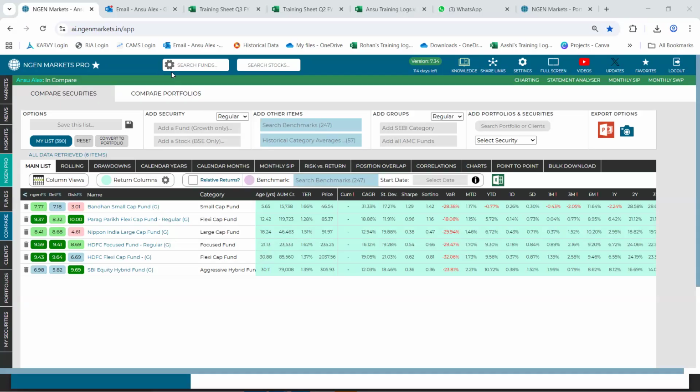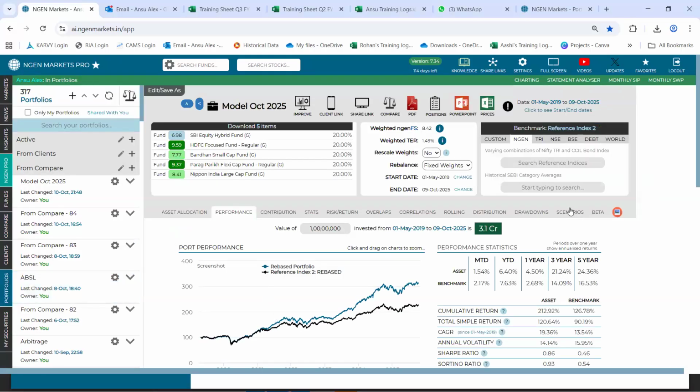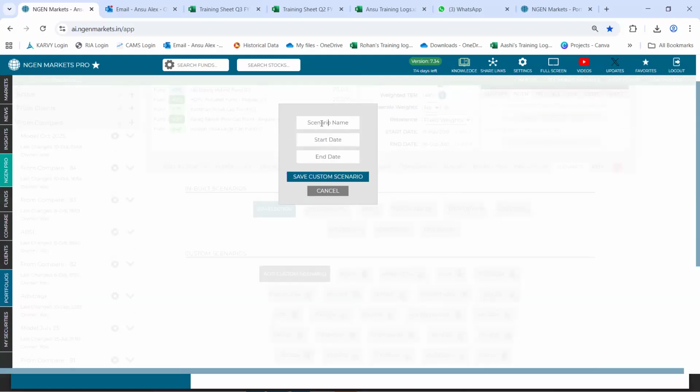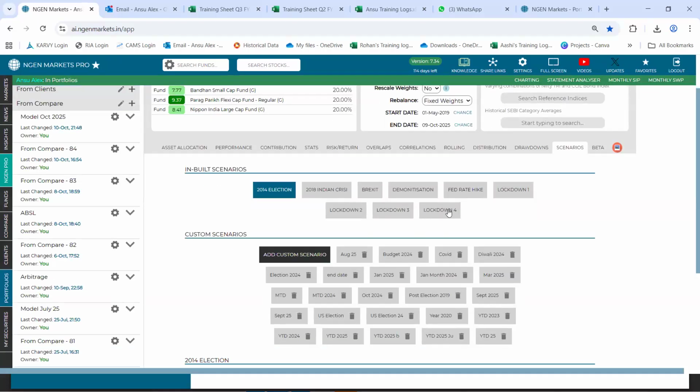Can you create a scenario using this portfolio? The scenarios tab is what you're talking about. Yeah, that is possible. So this is anytime a normal portfolio that you can run an analysis on the tab. So you just go to the scenarios tab, just add your custom scenario, give it a name. So like the pre-existing scenarios that you have, could you just show on those only? Yeah, sure, no problem.